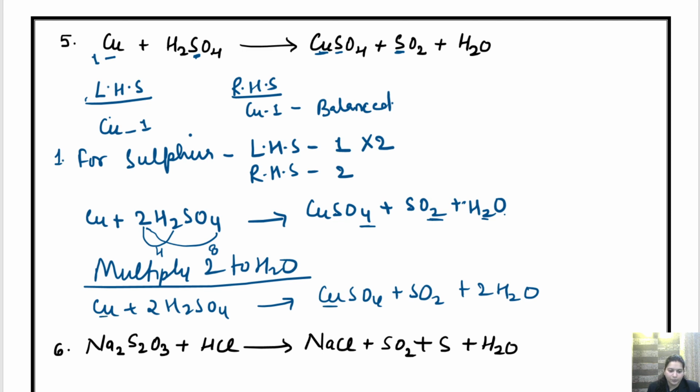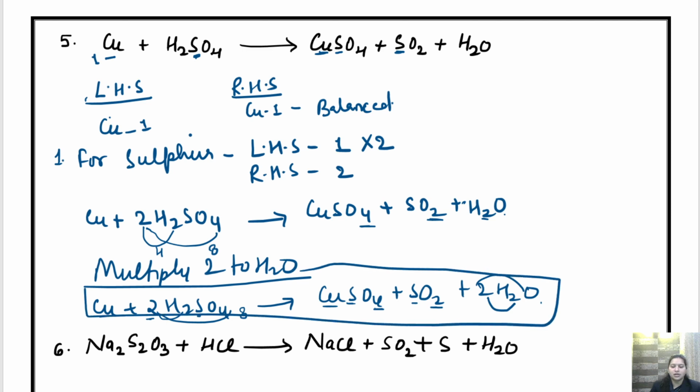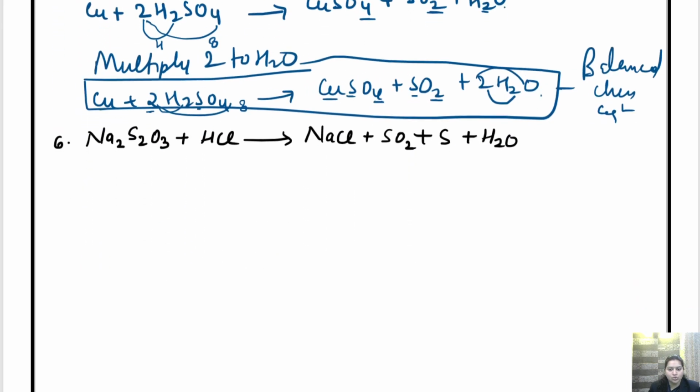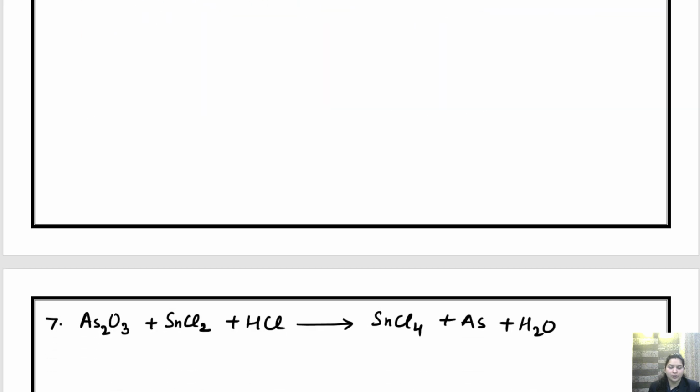एक Cu. How many hydrogen we have? Here we have 4 hydrogen. Here also we have 4 hydrogen. We have 2 sulfur and here also we have 2 sulfur. What about oxygen? 8 oxygen here. We have 4, 5, 6 and 7, 8. 8 oxygen here. So yes, it is a balanced chemical equation. Alright. So by this way, you do the hit and trial method.